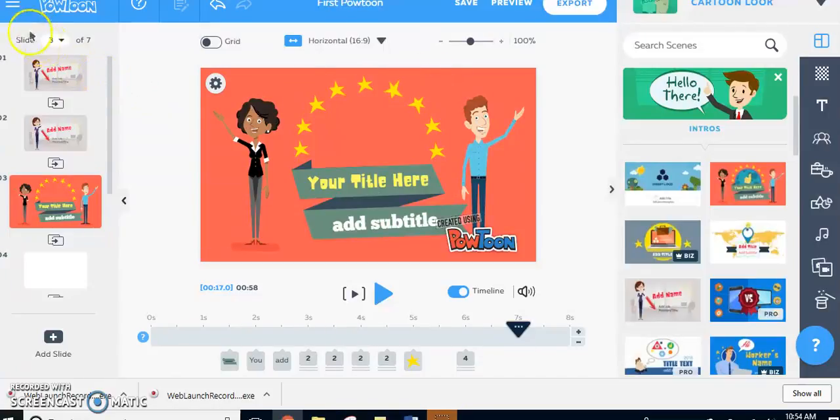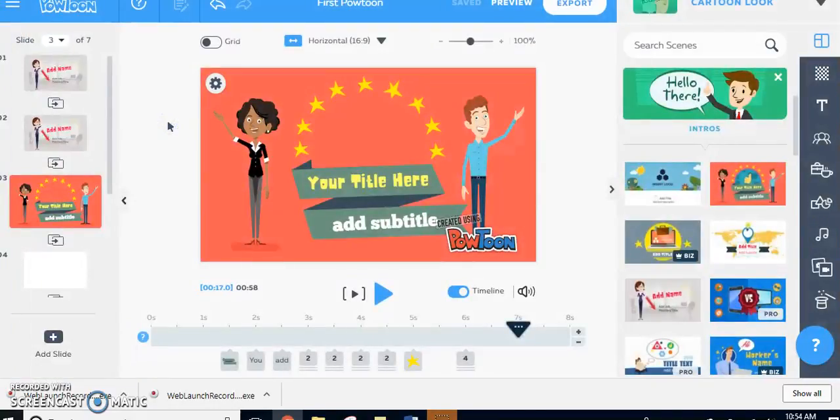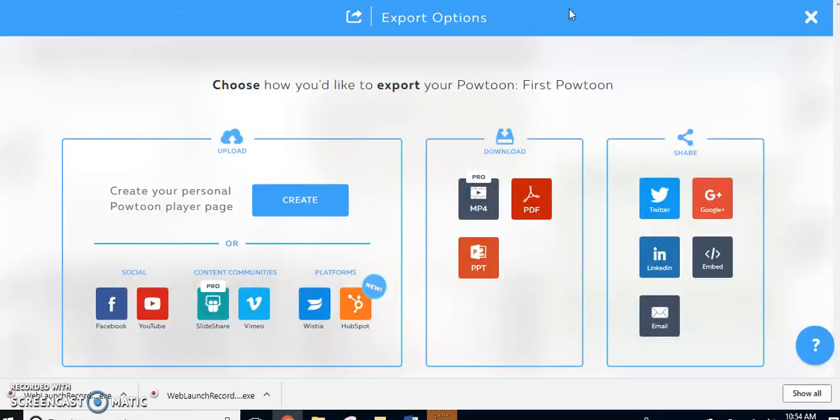As you are navigating through the bars up here, this quick menu will bring you to templates, storyboard, blank, back to your pricing, or to my Powtoons once you start saving some. I can go to the top and preview the Powtoons, or I can select export. If I select export, this is where I can export to my own Powtoon account. I can choose other accounts I want to add to. I can make a PDF or a PowerPoint, or I can share this and embed it